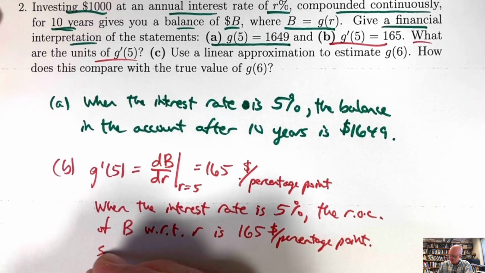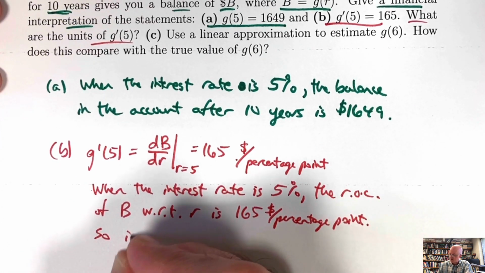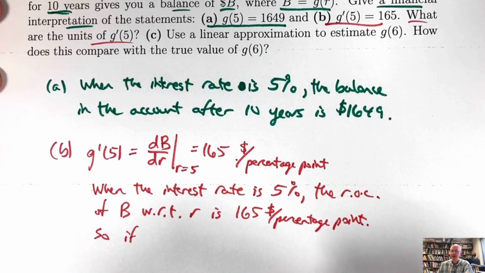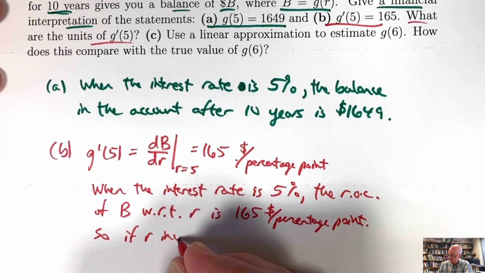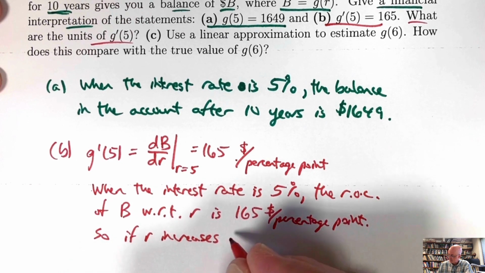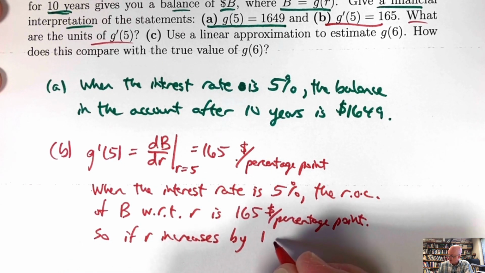So let's just pretend the interest rate increases by 1 percentage point. If R increases by 1 percentage point,